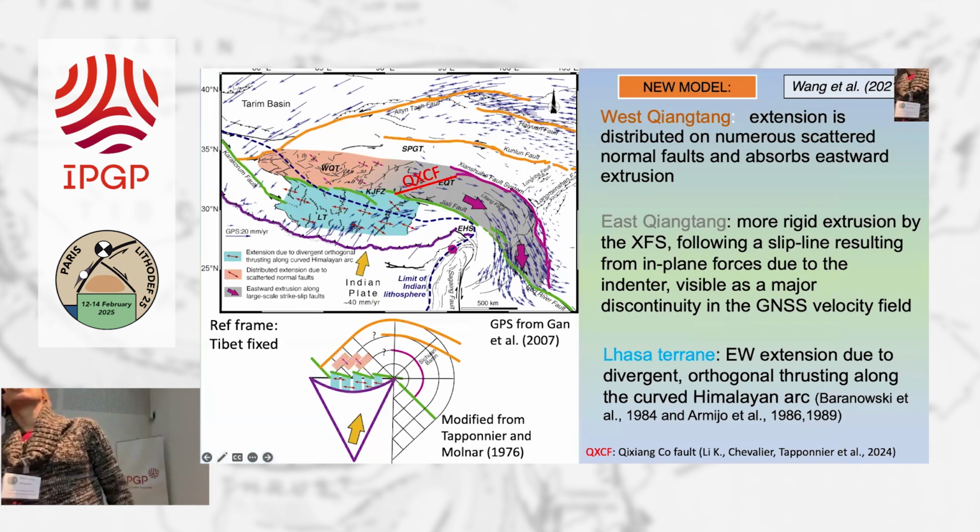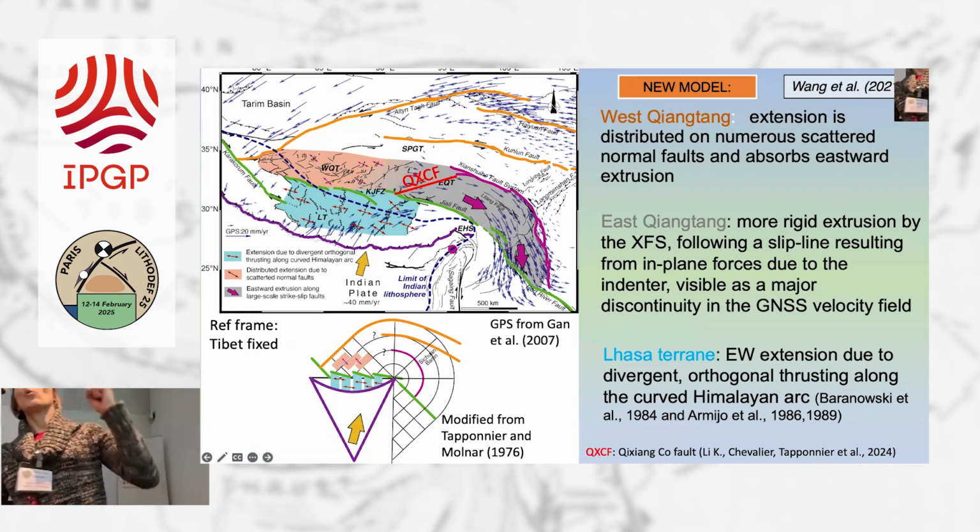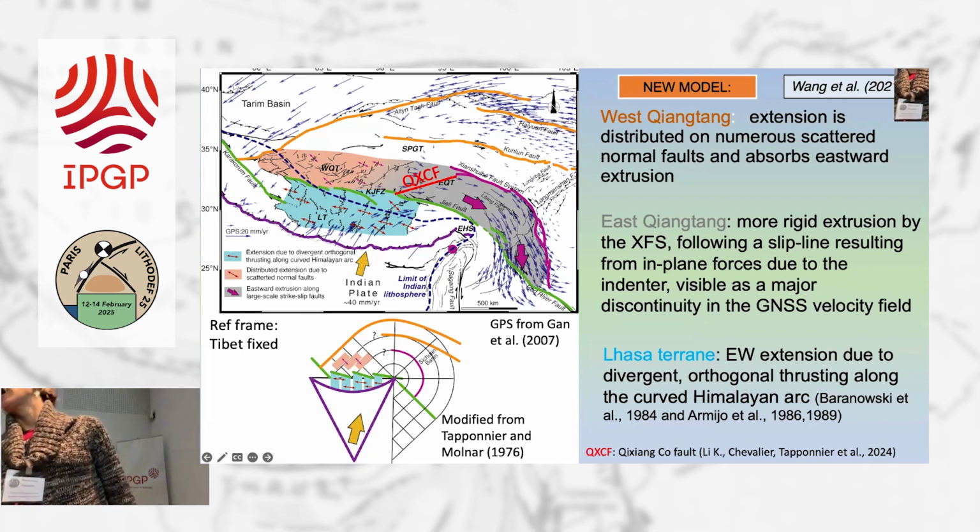And then we later suggested this new model that Anne and others presented already. But basically, the western Qiaotong terrain is made of numerous small scattered normal faults that absorb distributed deformation. But to the east, it's clearly more rigid extrusion between the Xianxue fault and the Jiali fault. And you can really see that in the GNSS signal. And to the south, the extension is due to diversion orthogonal thrusting along the curved Himalayan arc. And the limit of this extrusion or distributed deformation is given by the Xianxue fault, which connects with the Xianxue